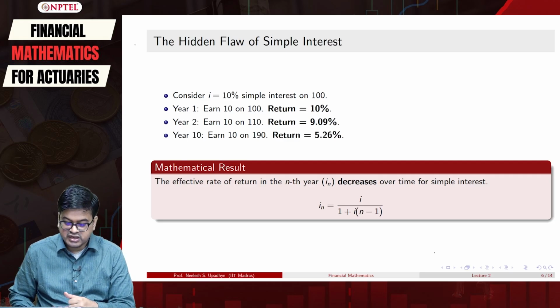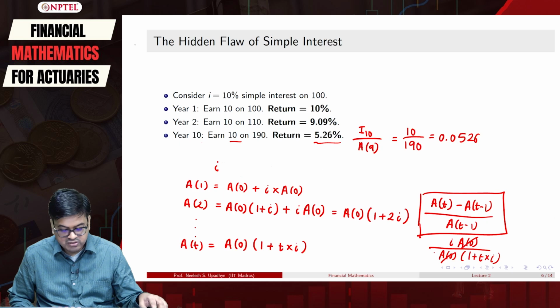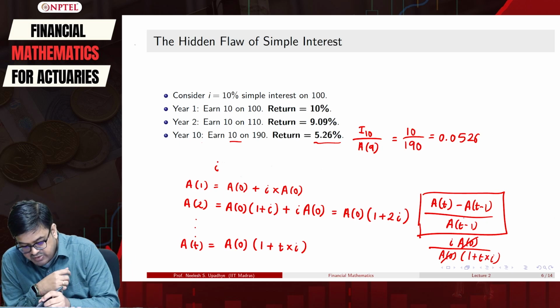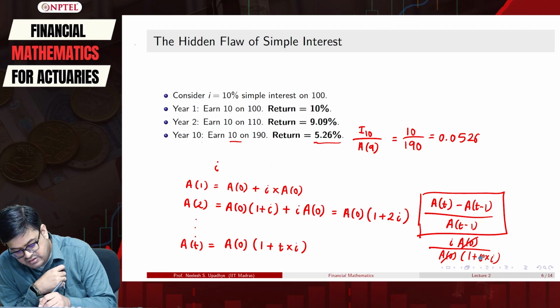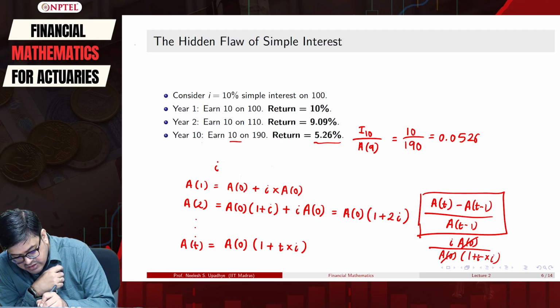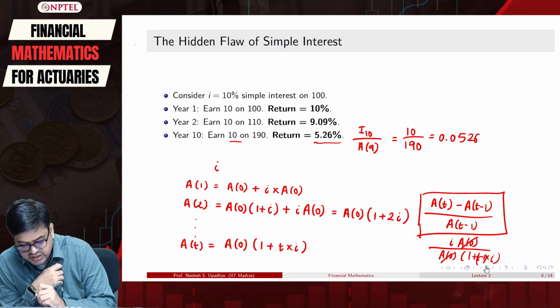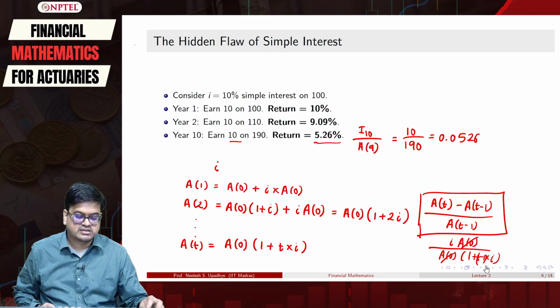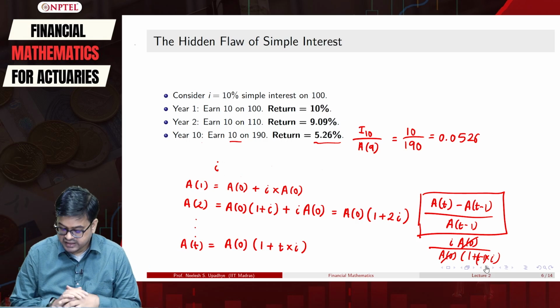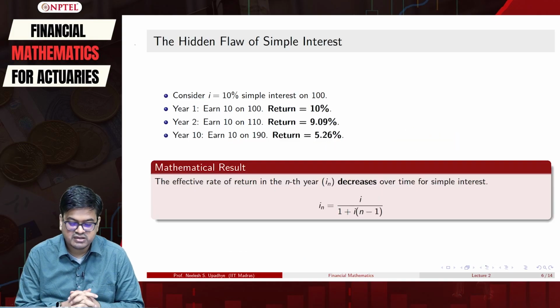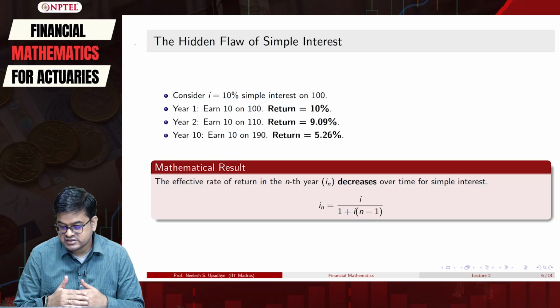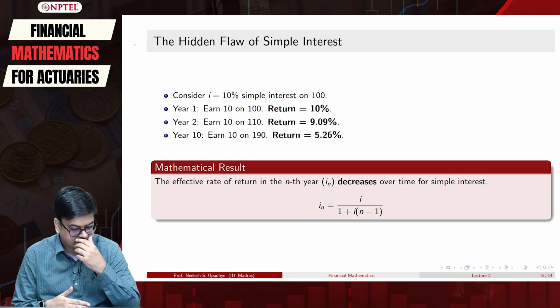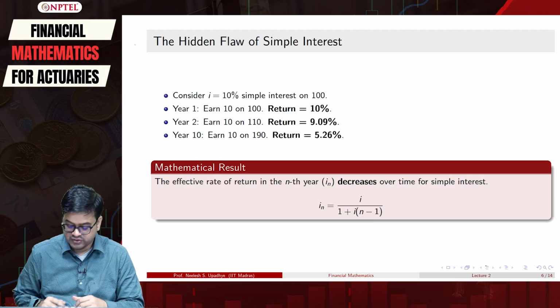And here I think I made a small mistake, because it was T minus 1, this should be multiplied with T minus 1. Okay, this is T minus 1 times I. So that's the point here, and that is what I have revealed in this particular formula. So this is the mathematical result, which actually tells you how your interest rate decays if you are following this